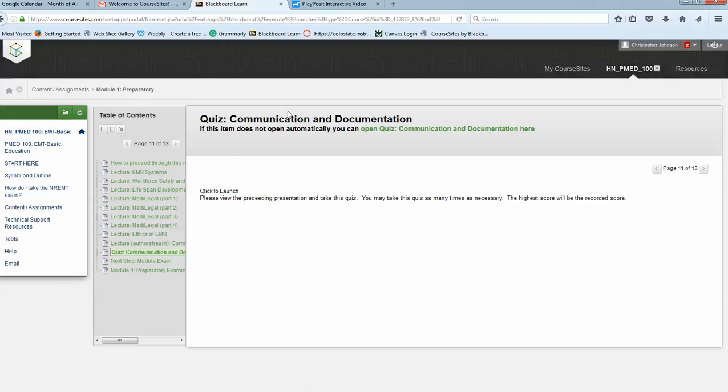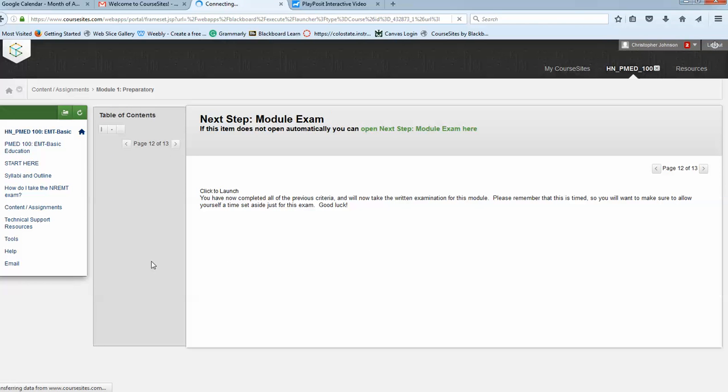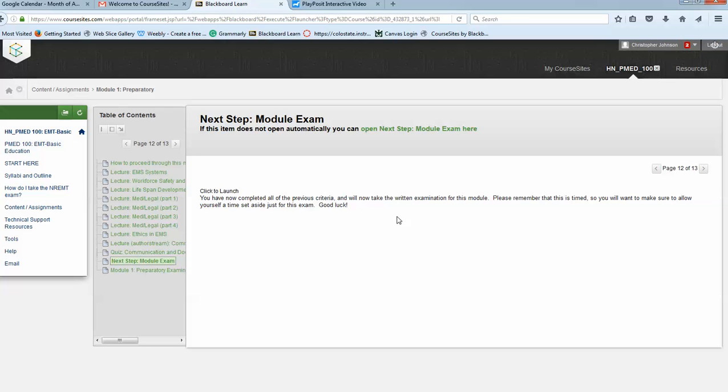You will find quizzes that are just added in as separate. This is one of those examples. You can take this quiz as many times as you want. Whatever the highest score is, that's going to be the recorded score. Then you'll see that in the table of contents, it'll give you a little pause point and it'll say, okay, understand that you've completed all of your other module material, and at this point you're going to follow up and